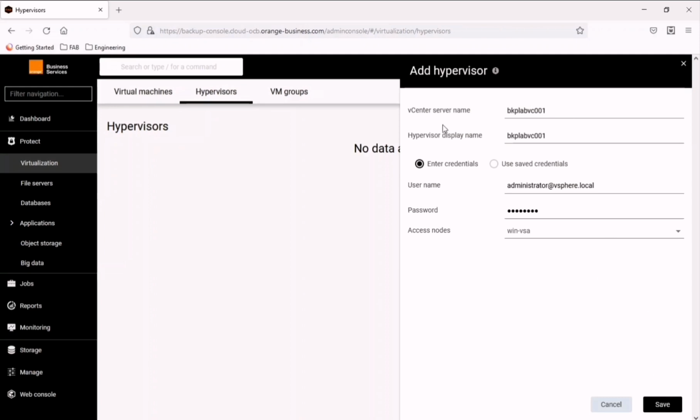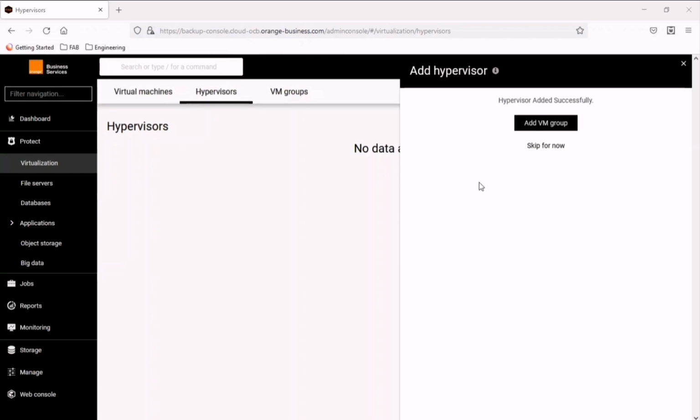So once you mention the vCenter server name, the hypervisor display name, username and password for that vCenter, and you have selected the access node, you can save the configuration. Now once the hypervisor is configured, it is asking to add the group.